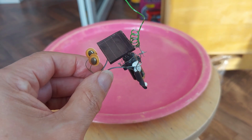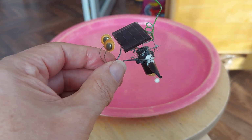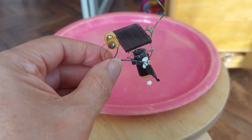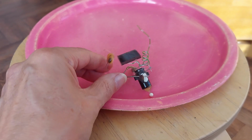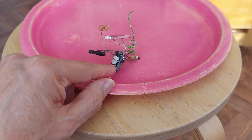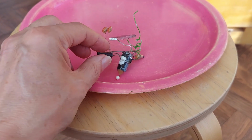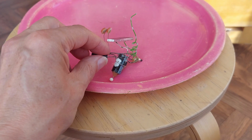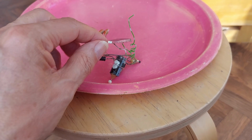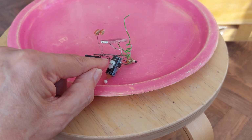Hi guys, this is my beam bot that I made quite a long time ago. I bring it out every so often and give it a run in the sun. It's got a solar panel on top. It builds up charge in that capacitor, and we've got a flashing LED just there. You use the flashing LED because it triggers to flash at a certain voltage. So when there's enough charge in the capacitor, the LED